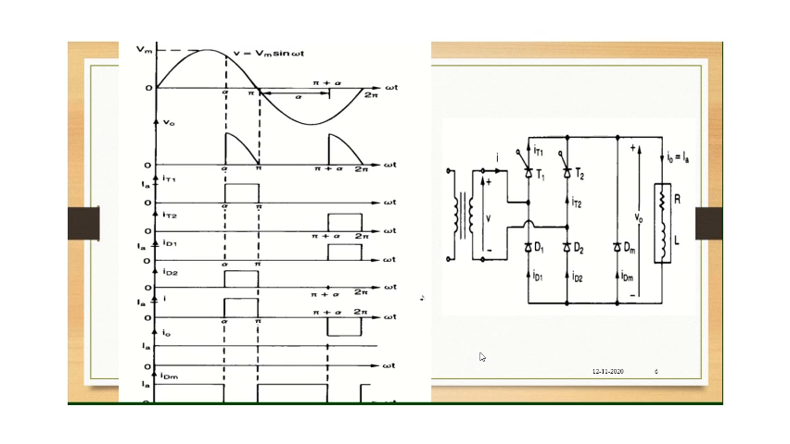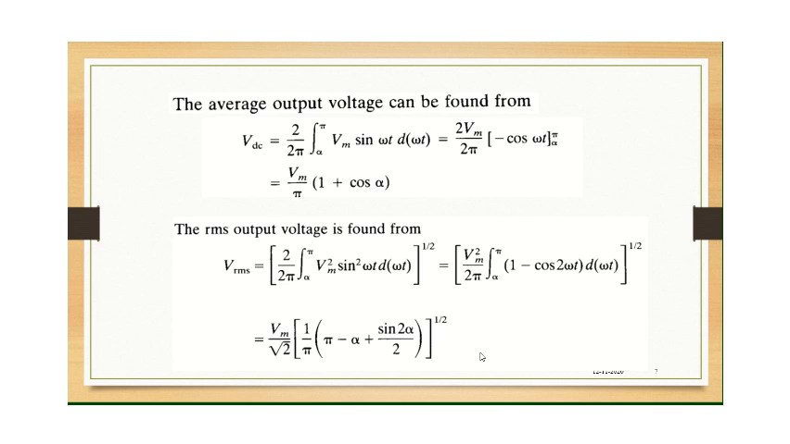And the average output voltage, as you can see here, can be expressed as VDC. Taking the first half cycle, so taking 2 by 2 pi, between the limits alpha to pi, your input signal is Vm sin omega t. Integrating between the limits alpha and pi, and applying the limits, you will get Vm by pi times 1 plus cos alpha, which is your average output voltage. The RMS output voltage, again, if you substitute Vm square sine square omega t under the square root,